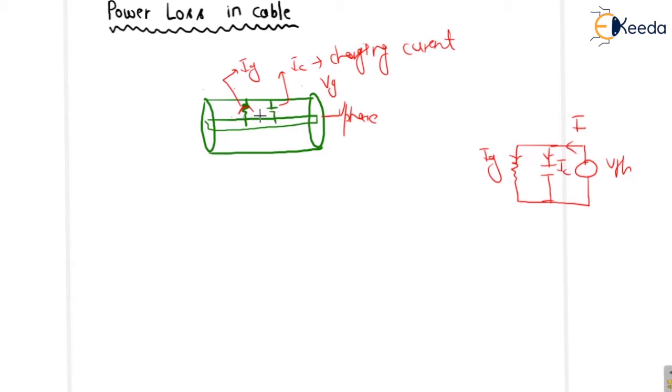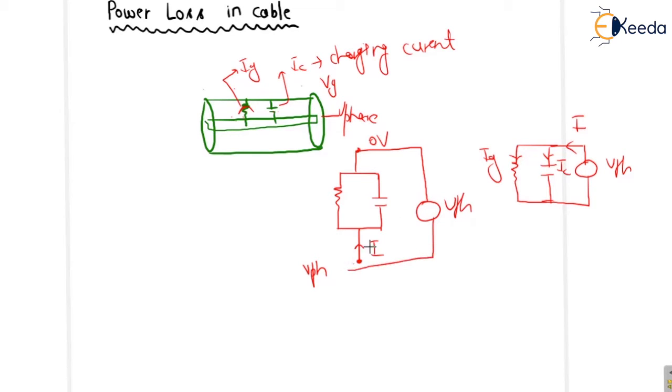Look into the circuit of the cable: R and C are in parallel, so you can draw it like this, this will be R and this will be C, and the total current will be I. Here this will be VPH across the cable, and this will be the ground, meaning zero voltage. To complete the circuit, plus will be here and minus will be here. So the current will be written as IR and IC.